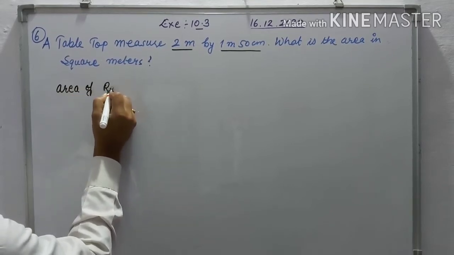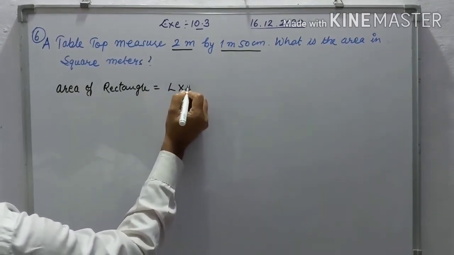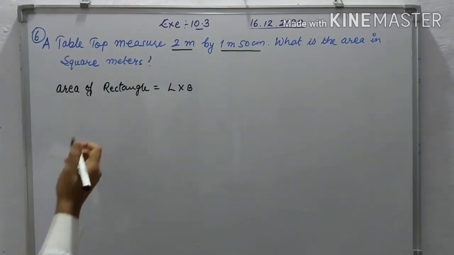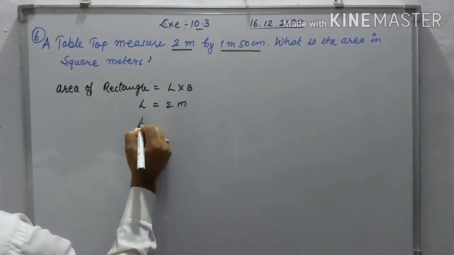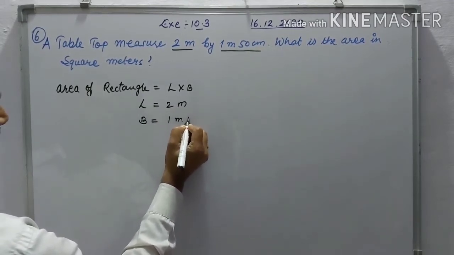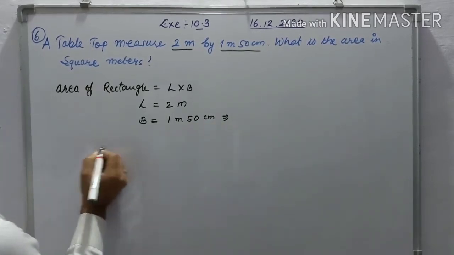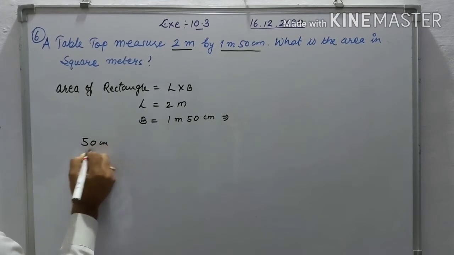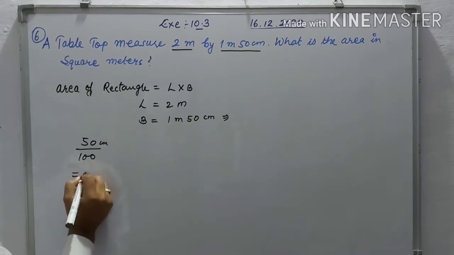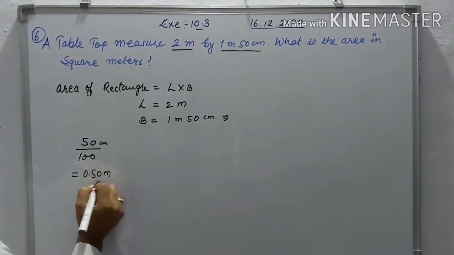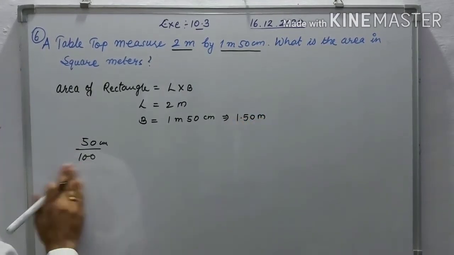area of a rectangle is length into breadth. Okay, L is 2 meter and B, the breadth, is 1 meter 50 centimeter. So change into meter. 50 centimeter upon 100 is equal to 0.50 meter. So they write the 1 meter 50. Okay, so their breadth is